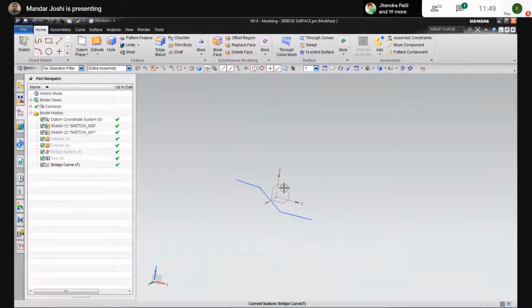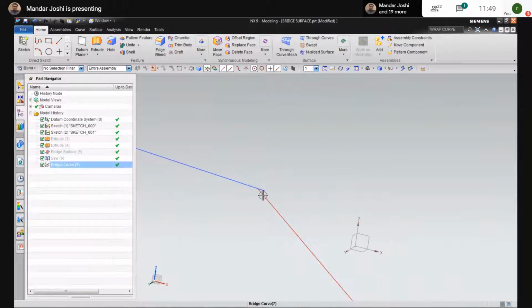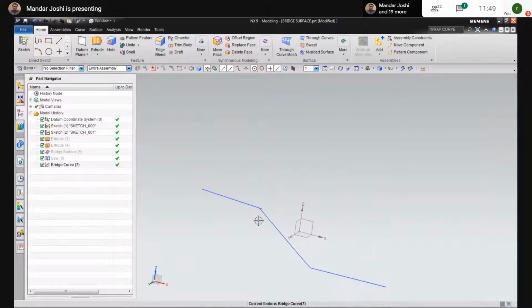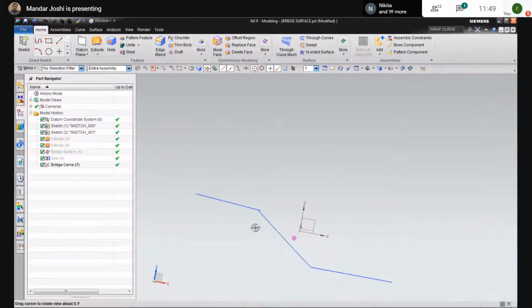Okay, I will see what the exact problem is and tell you later. But again, there are three possibilities available. You can connect with continuity, tangent, point, and curvature also.